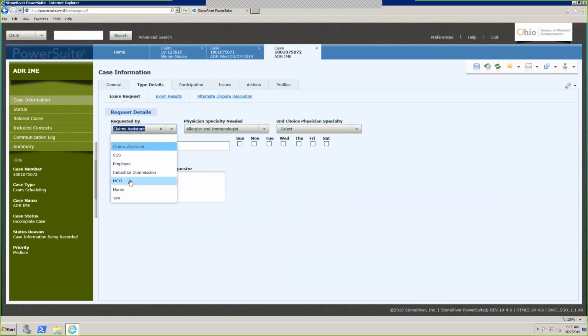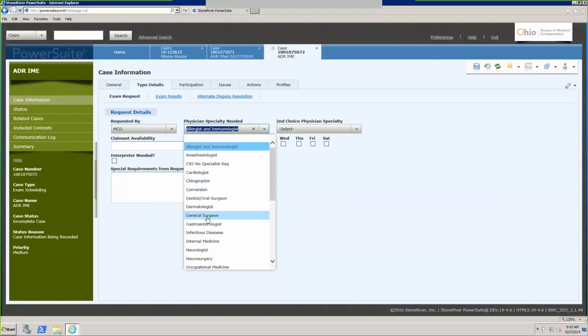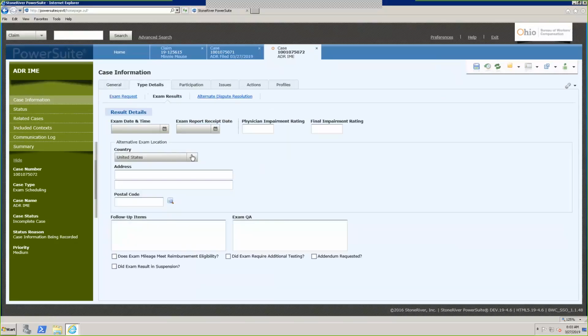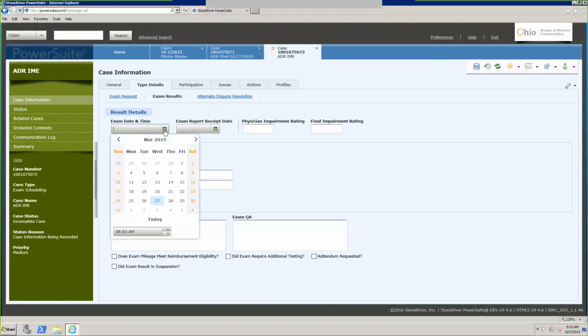And as you saw, this was the same as it is today. No different. But they've broken it down. You have exam request, the exam results, and the ADR. So in the exam results, here's the change. Exam date and time, one field. So if you're scheduling an exam, you click the calendar, and let's say you schedule the exam for April 4th,